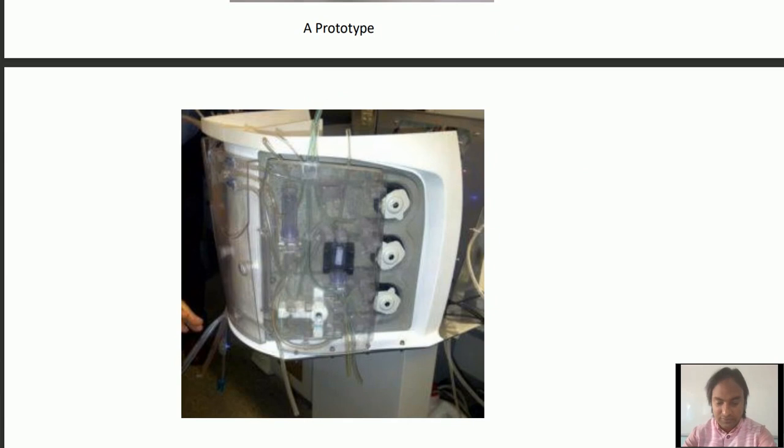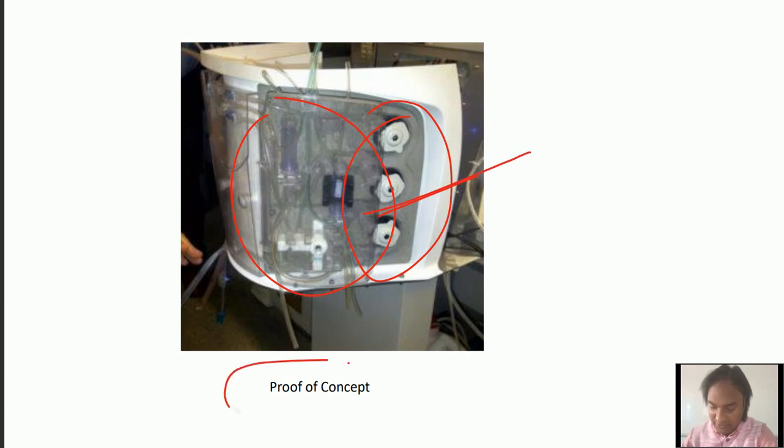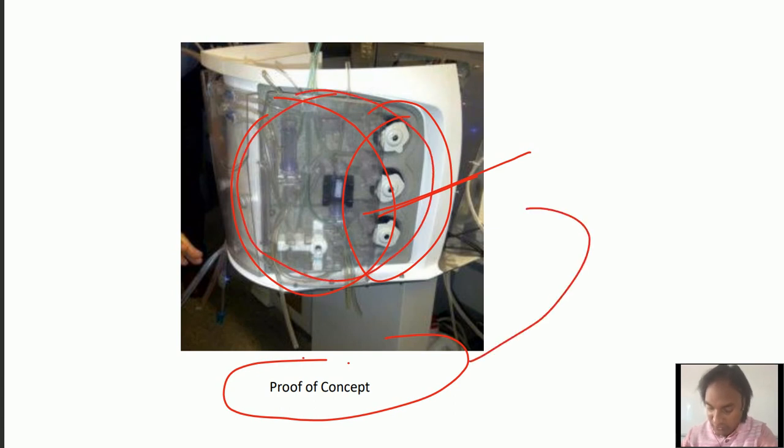Next, we can use the prototype for proof of concept. Here we see that there are various arrangements for the water filter. So we can test their performance and be sure that this subsystem, especially this part of the water filter, is working. If it is working at the subcomponent level, then it will also work at the system level. That means there is a hierarchy of the system.